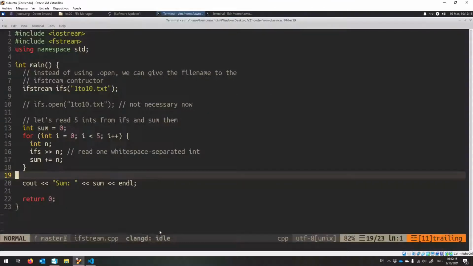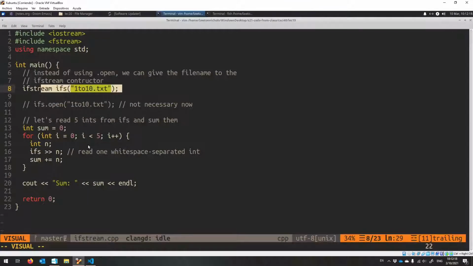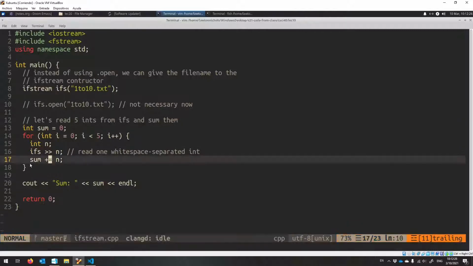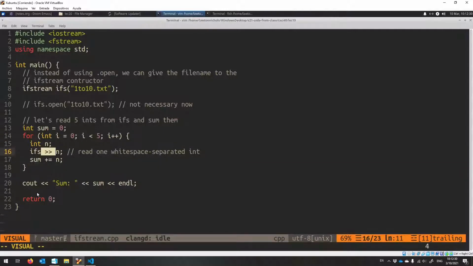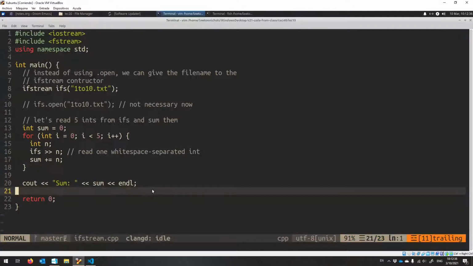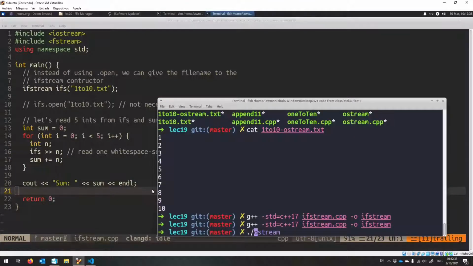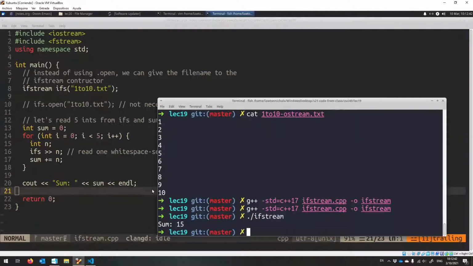So we told it to read from this file. It's going to read a bunch of ints now, because we use ifs just like we can use cin. We can even use getline as well, in addition to this input operator. And then we add all the n's that we get, all 5 of them, and we sum them together. So, without any further ado, we're going to run this program, which is going to read